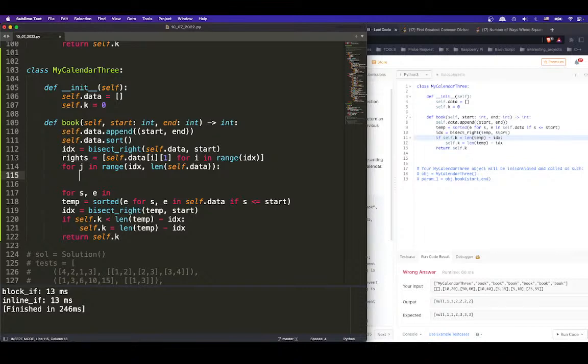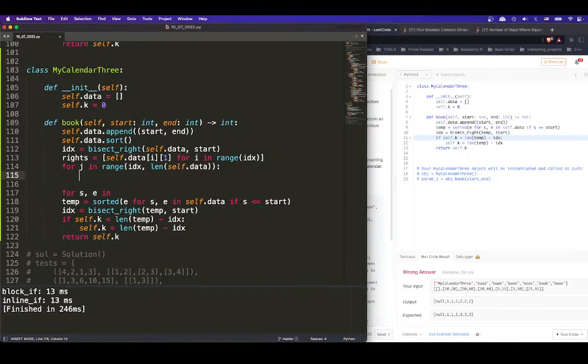So, if I have this thing, I have the start, I have an end, I have a start and an end, right? So I sort them based on starts, and I have both of the ends. And the new one comes in the middle, right? The new one comes, and then